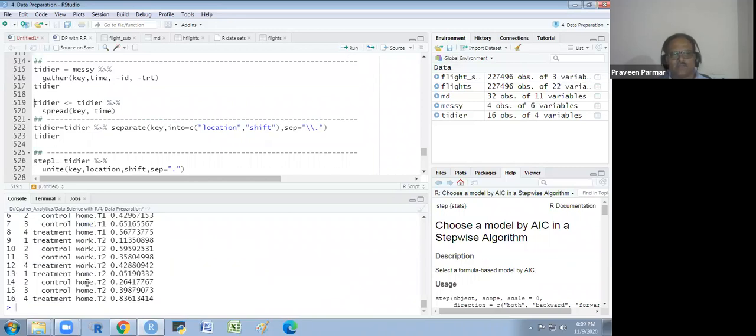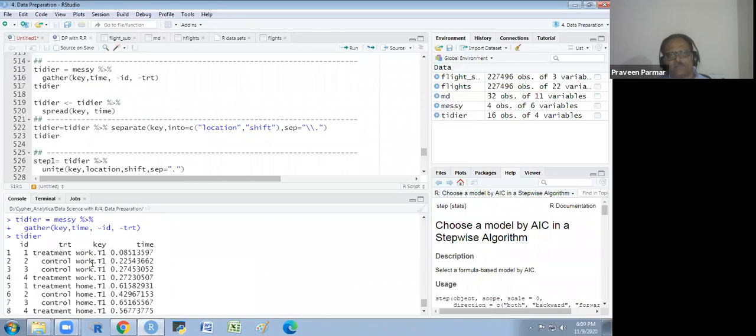I want to separate work and time shift. I want to separate this key column into 2 parts. First would be location and second would be shift.